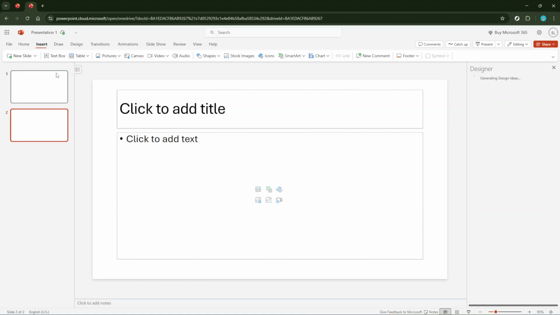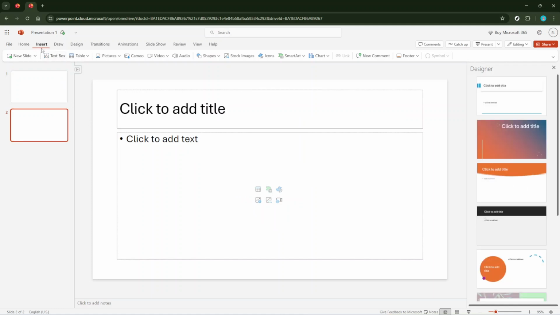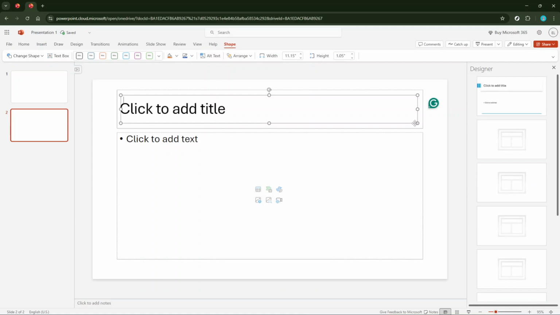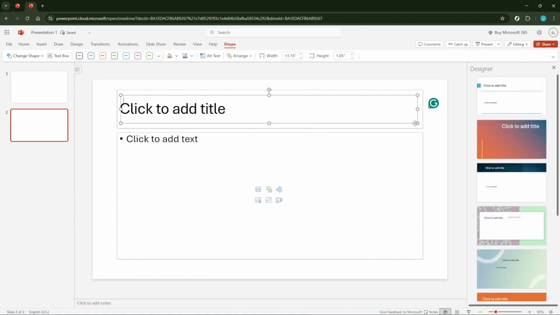Next, you need to insert a text box, which will house your desired content. To accomplish this, switch over to the Insert tab on the menu. Here, look for the text box option, which often sits prominently there. Once you've clicked it, your cursor will change, ready to place a text box on your slide. Click anywhere on your blank slide to drop the text box. It's that easy.